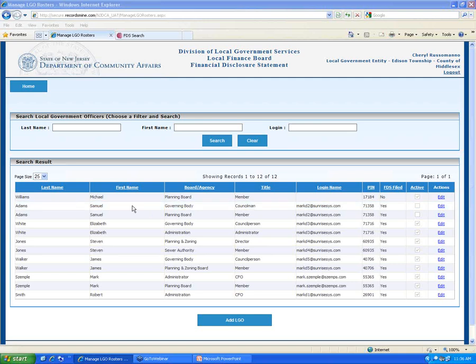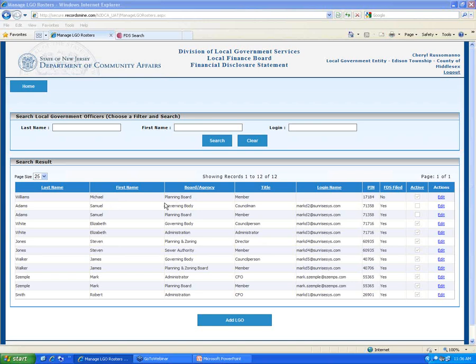And then, Terry, you said, what if they refuse to file? Again, it's incumbent on themselves. I mean, they run that risk of, as Chris said, ending up in the newspaper somewhere, or an ethics violation being lodged against them, and so on and so forth. So you can't force them to file. It's their responsibility. So you just put them on the roster, and you're pretty much done at that point in time.